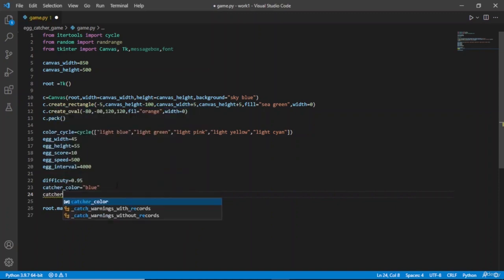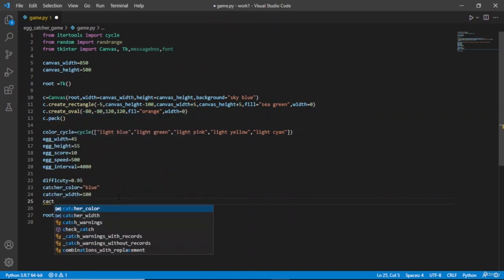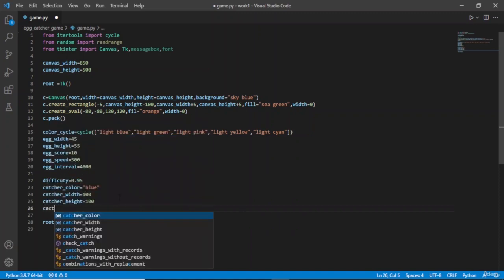So catcher width, or our catcher, that is the basket that we are going to make, will be the shape of a semicircle, means it will be a circle and a semicircle. It will look like a complete basket, but we are defining some complexity so that we can use them easily. Second comes the catcher height. So this will be the height of the catcher, and it's going to be again 100 because it's a semicircle. So here width and height will be the same. Second variable will be the